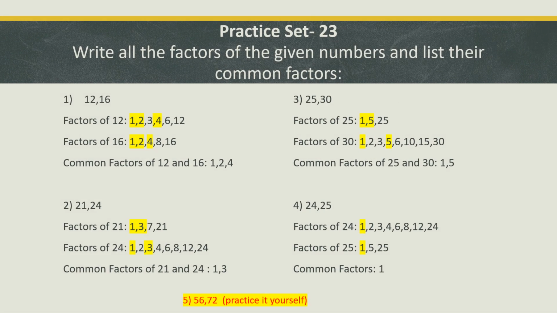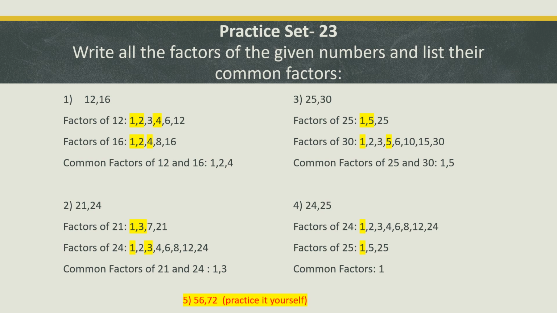Coming to the practice set 23, you have certain questions like this where you have to find the factors and the common factors. So factors of 12, I have 1 2 3 4 6 and 12. Factors of 16, 1 2 4 8 and 16. Students, once again you can do it by division method. Divide the number by 1, divide the number by 2, you'll get the divisor and quotient, write it. Or go by multiplication method, say the table, whichever number you get together, like 2 3s are 6. So which are the factors of 6? 2 and 3 we are getting. Again 1 6 is 6. So 1 and 6 also we are getting. So 1, 6, 2 and 3. So likewise you can do for all, or you divide and get the factors.